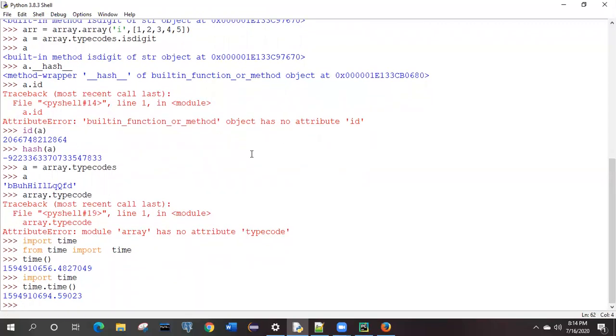If you look here, both statements are the same method. If you import like this, import time, then you need to call time.time. It is giving the time in a specific format.